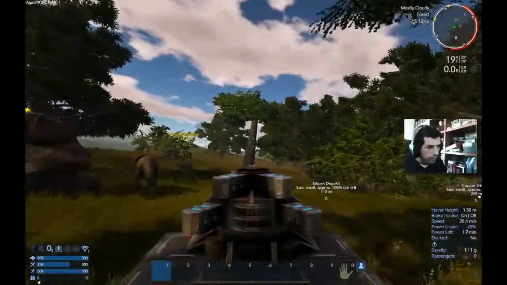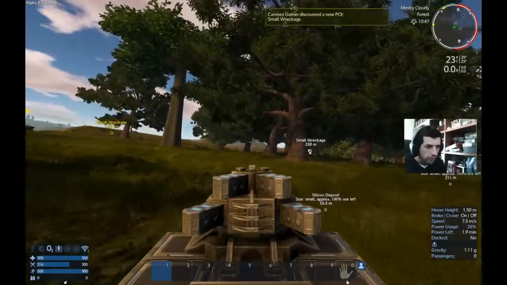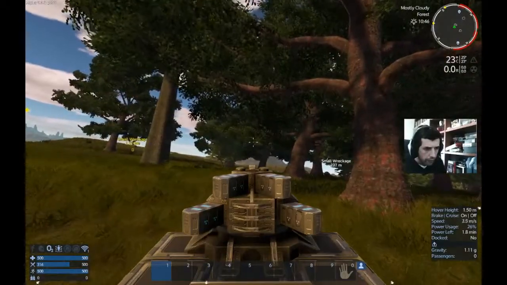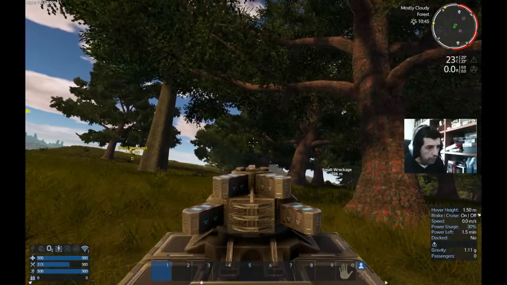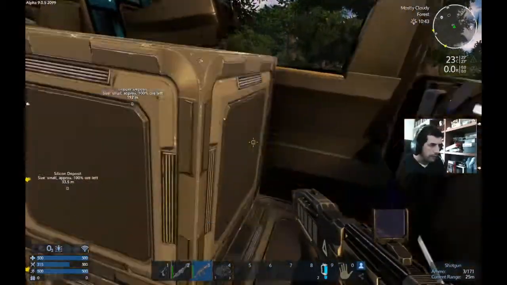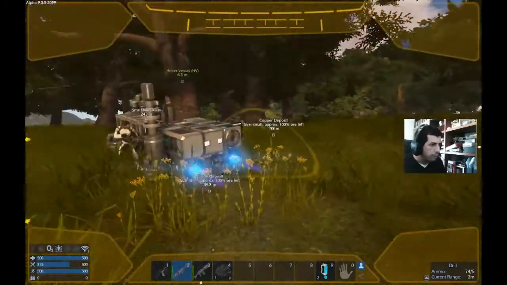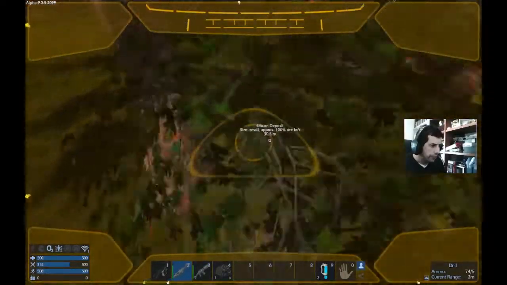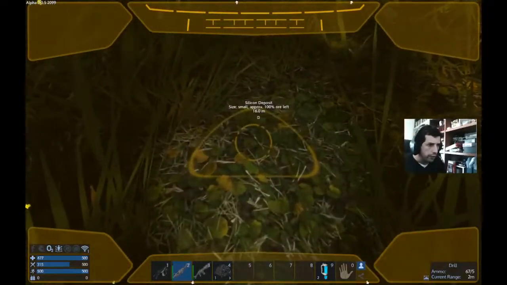Okay, silicon deposit, just another small wreckage. So if we park here, build, of course, not that it's too important for now, but I need to build, I think it's the ore detector. In the case of silicon, if you dig where the marker is, and